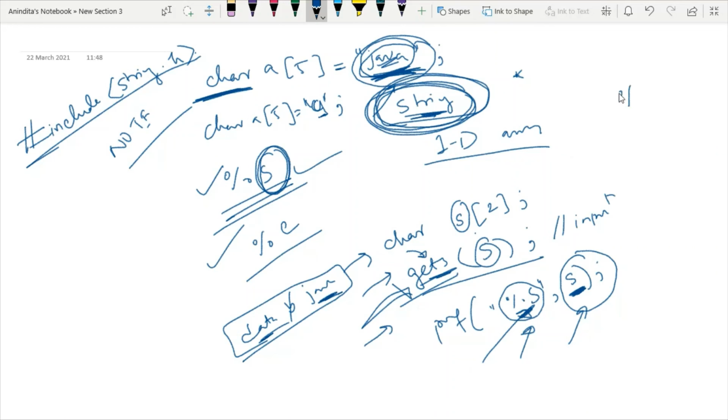But I can use %c whenever I'm not using gets. I'm just using scanf, and here I can use %c whenever I want to deal with a character value only. So both are available, but the most convenient is using %s, because all the time we will not be taking any single character. Each time we will take some word or two or three words separated by space. So using %s is more convenient than %c.